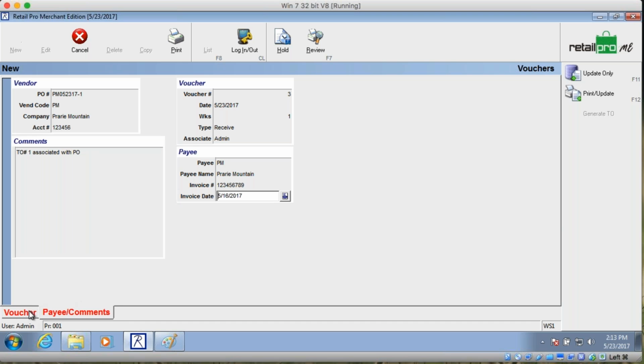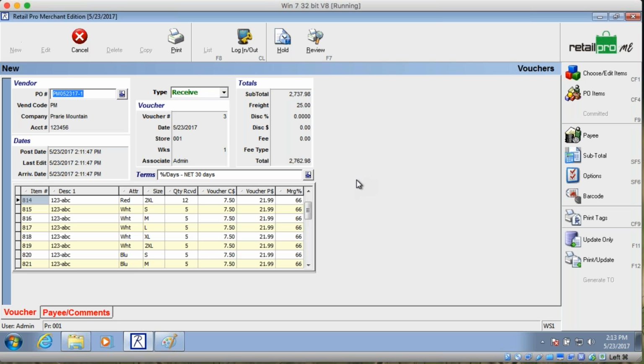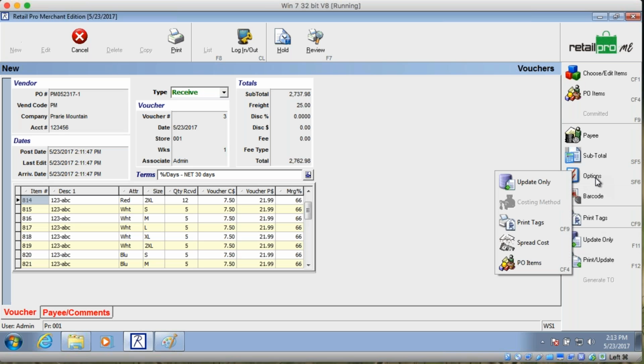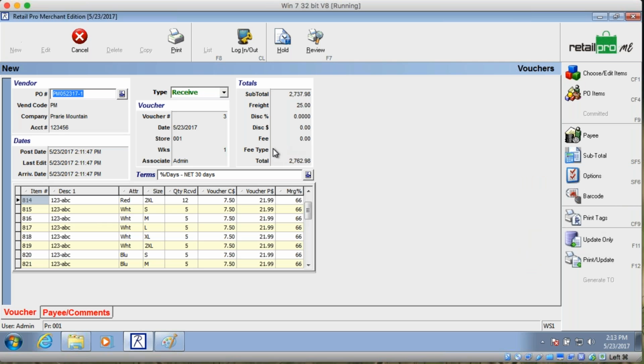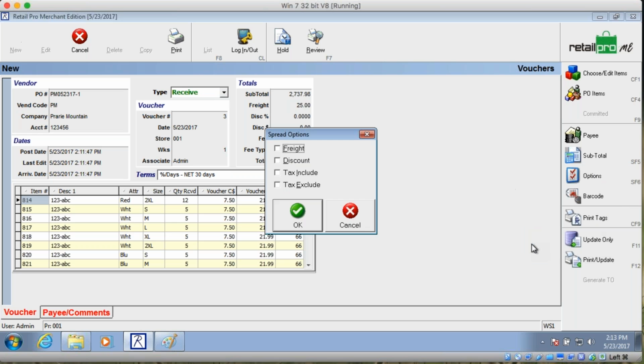Now, real quick, because it's on the agenda, I'm going to touch on freight and spreading freight. Although I'm not a big fan of spreading freight, it is possible. What do we have here? Yeah, spread cost. So you see that we have a $25 freight amount here, and if I go to options, spread cost,